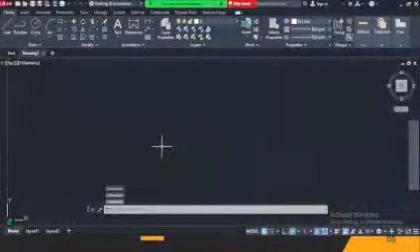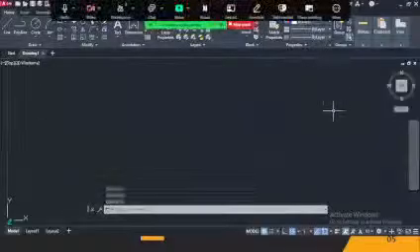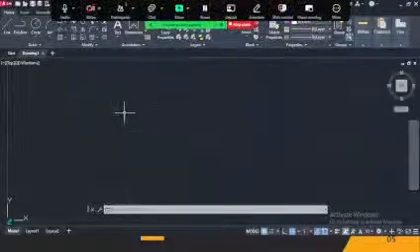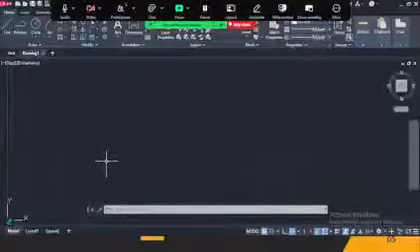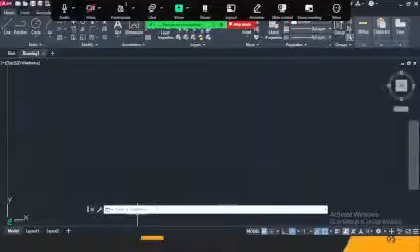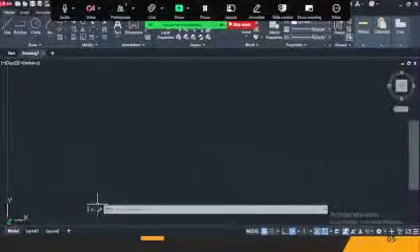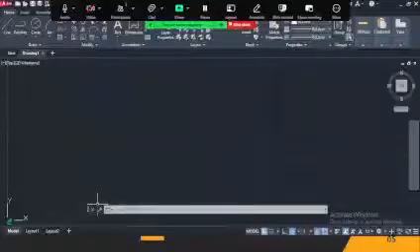Give it some time for it to load. And this is basically how our working environment is going to be. One of the things we are going to be looking at is the command line. That's the first thing we are going to be looking at. Like I said in the course outline, we are going to look at navigating